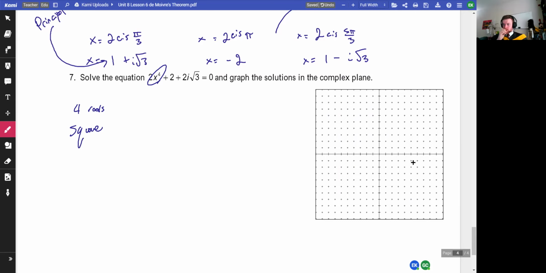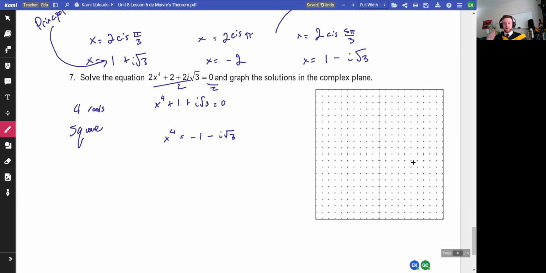Okay. And then, so what did we do before? When I said, hey, what's the cube root of -8? You set up an equation. X cubed is equal to -8. Can you make this something like that? Well, you can divide everything by 2 and then move the not x things over. Boom. -1 minus i root 3.